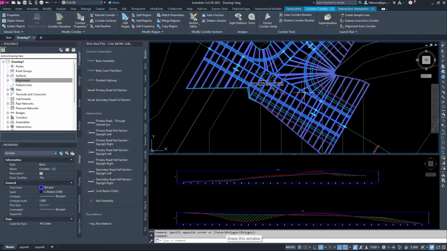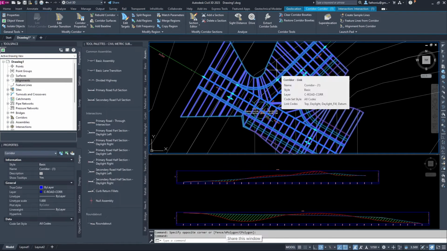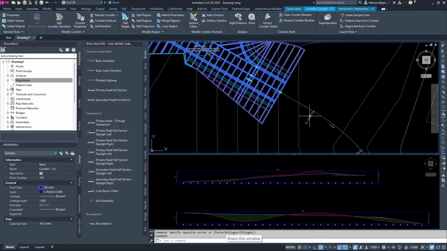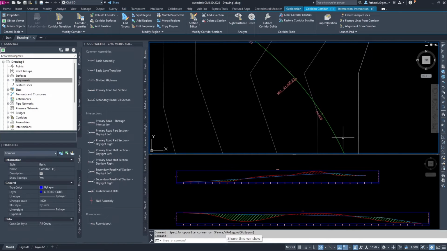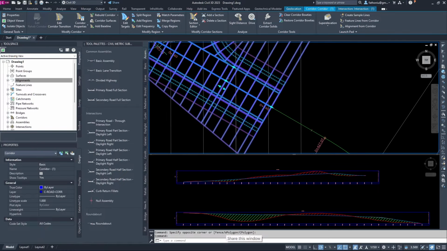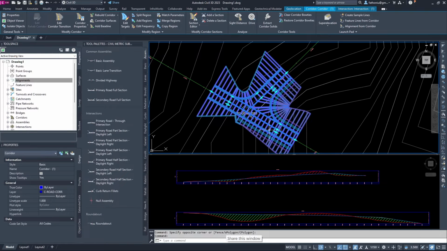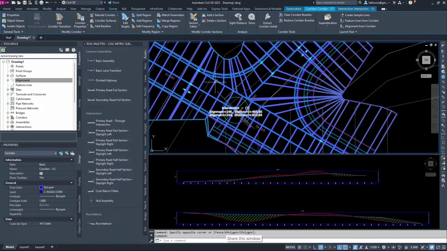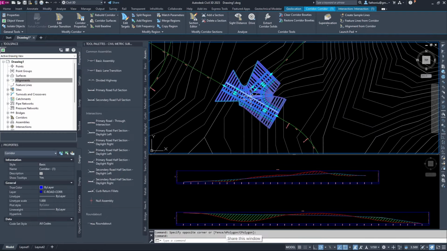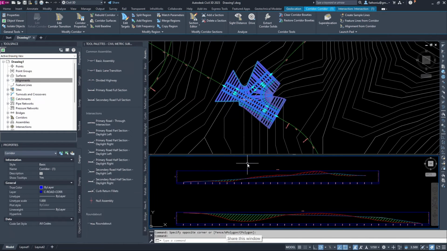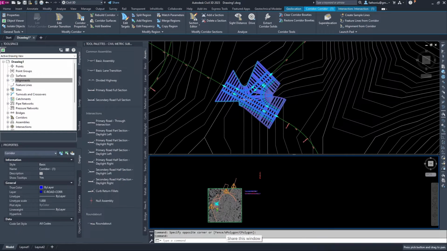This region is without curve and daylight on the right side. Why I mention the right side: because the route here goes in that direction, station 400, station 420, station 440, so we're moving in that direction. So the right side of the road in this region has no curve and no daylight.